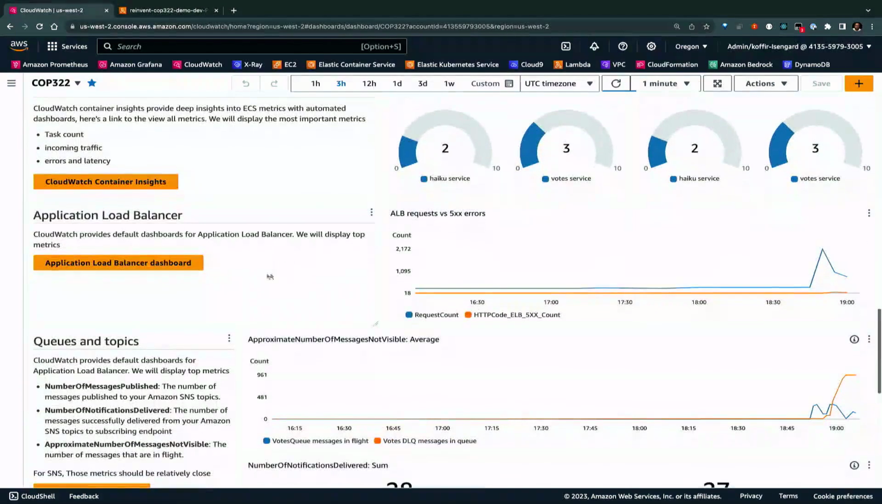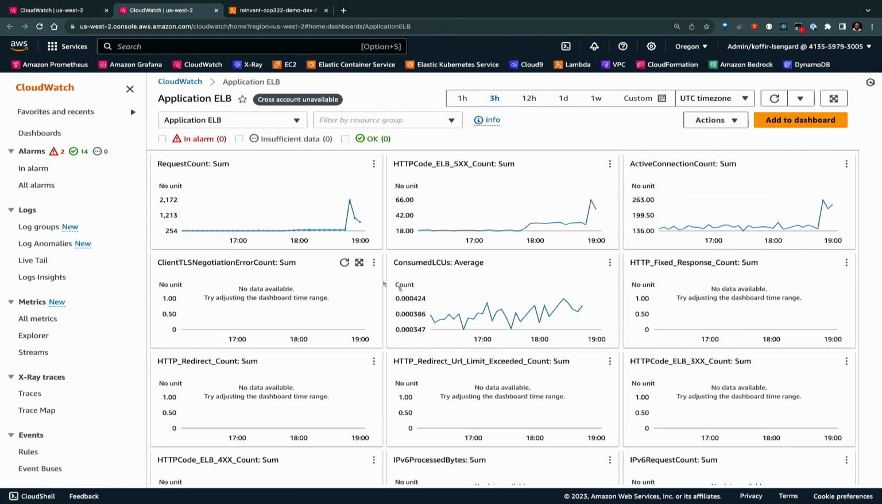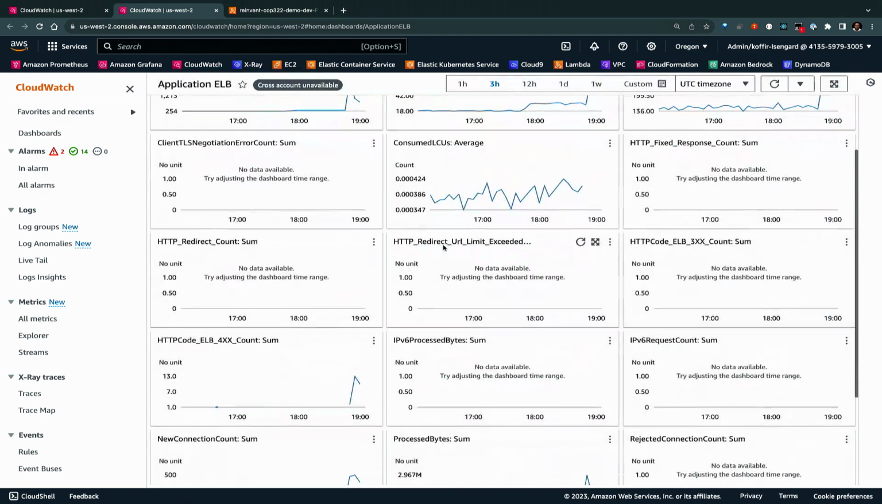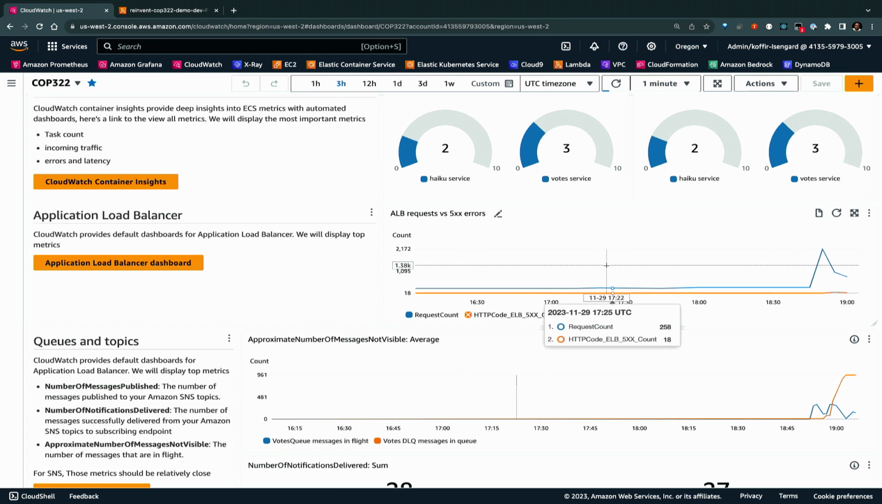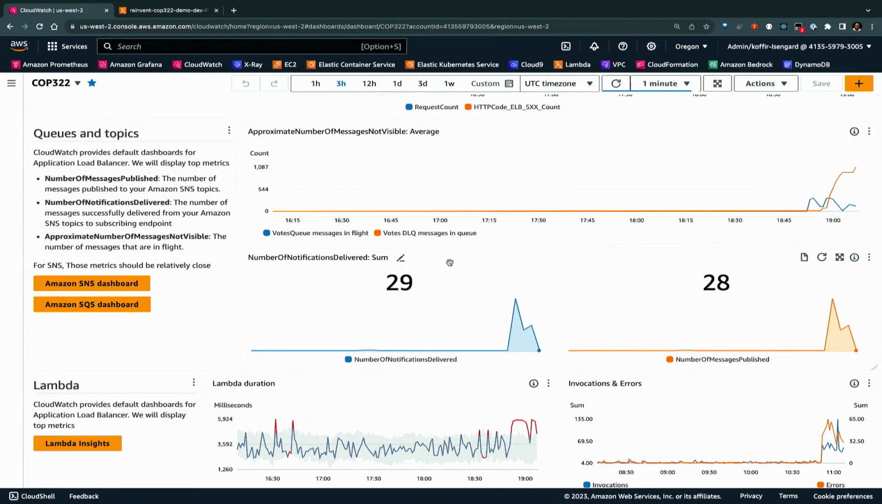the dashboard. I have a load balancer as well. Again, same thing. There is a pre-built dashboard to understand load balancer metrics and capabilities, so you can see all those metrics in the dashboard with all the ALB's data. But I want to pull the ALB requests and 5xx errors just to understand how this works. I have queues and topics, as you saw, SNS and SQS. There's a lot of